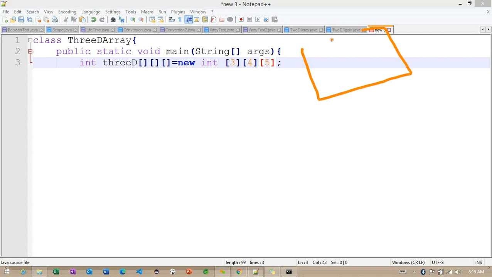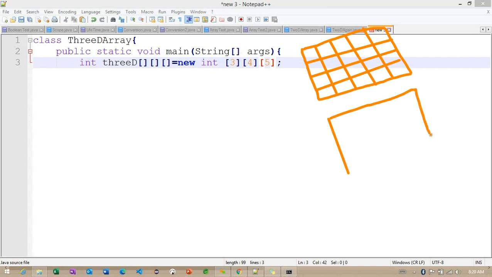This is one box, and each box is going to have 4 rows and 5 columns. So 3, 4 and 5. The first number indicates how many boxes we are trying to create.